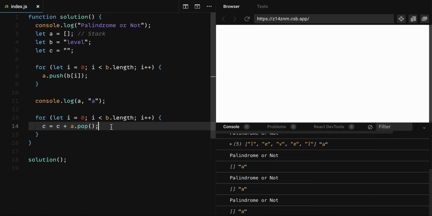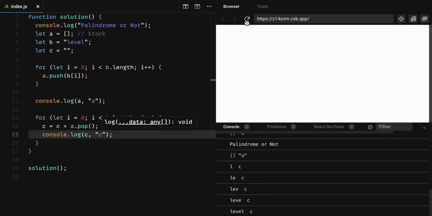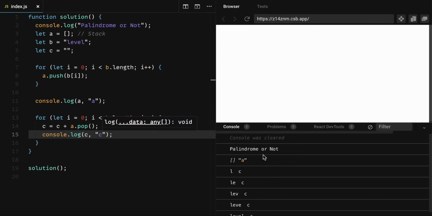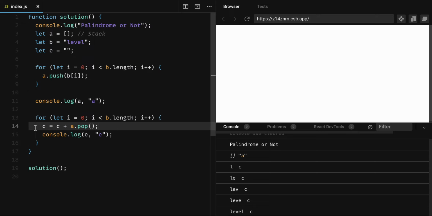Now let me check in each and every step what it is popping. So we can see clearly that once we pop it, it will pop L, then it will pop E, L, E, V, like that. It will pop each and every